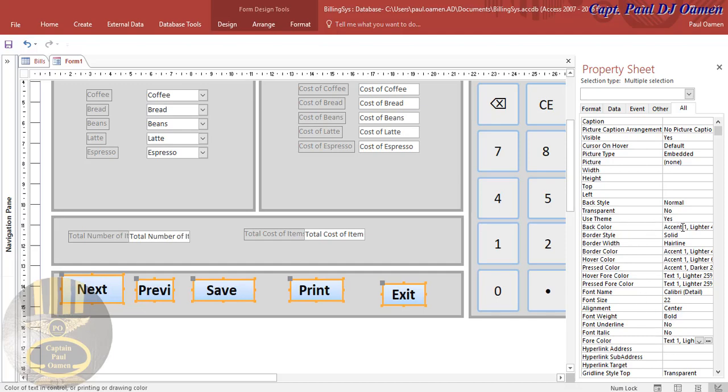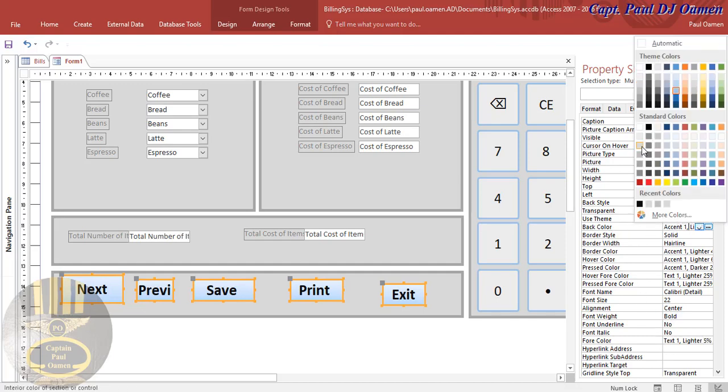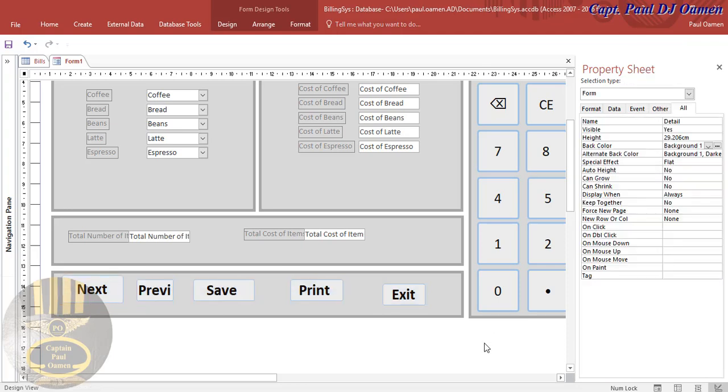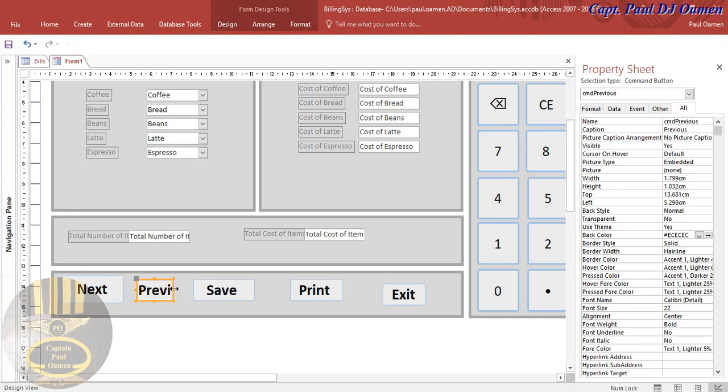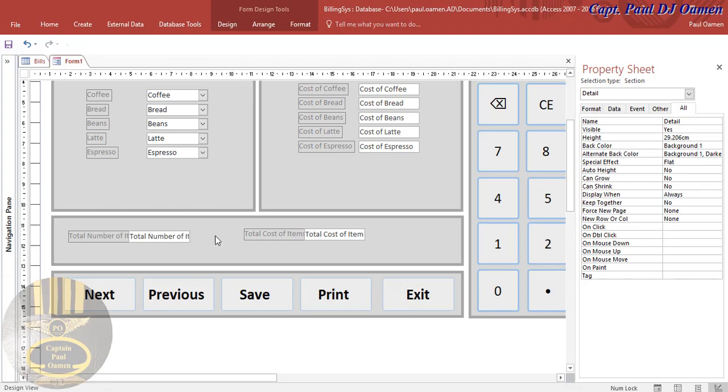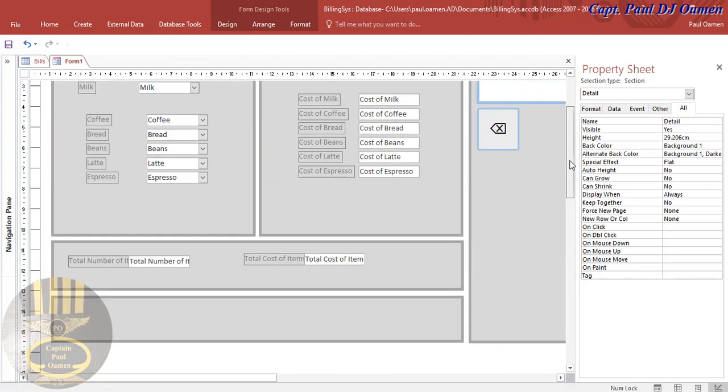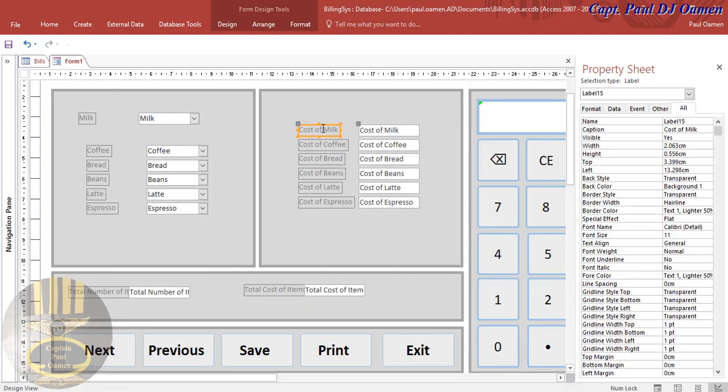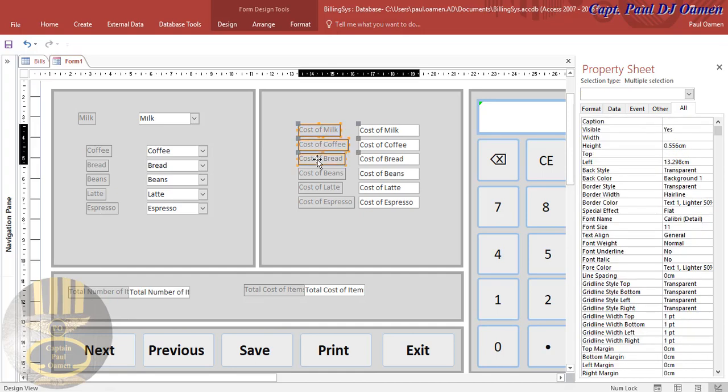Okay, and the back color, I'm going to change that too. Alright, that's fine. So I'll just enhance the look of these buttons and I'll get back to you guys. Then we can take care of the calculator. So let's do that. Okay, that is done. Now let's enhance the look of every component here. I'm just going to change that to,